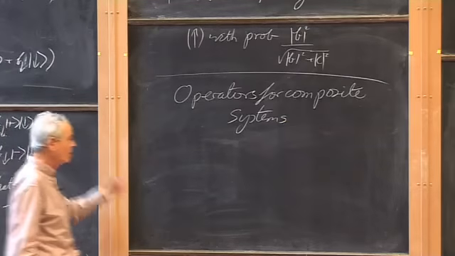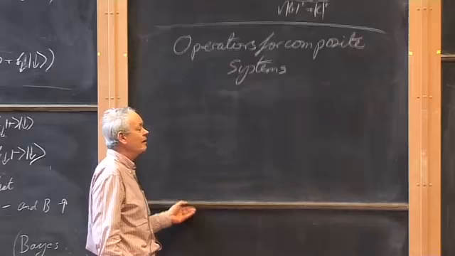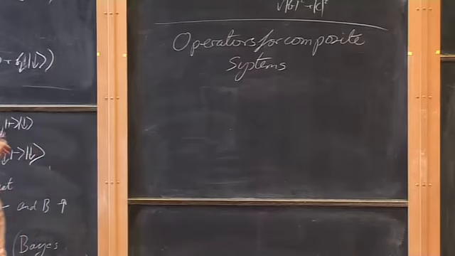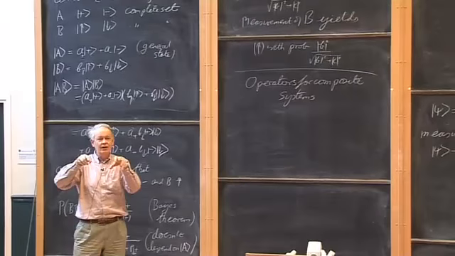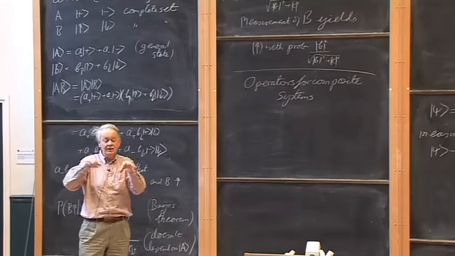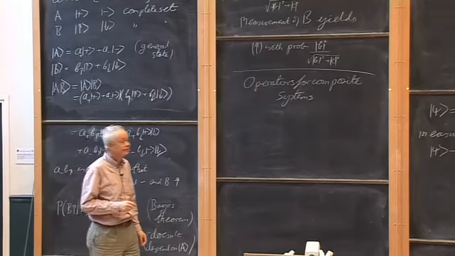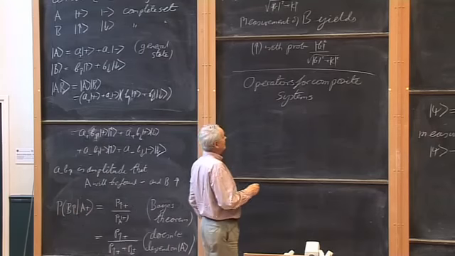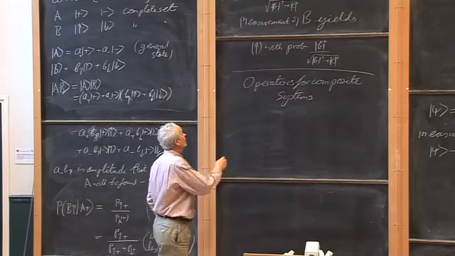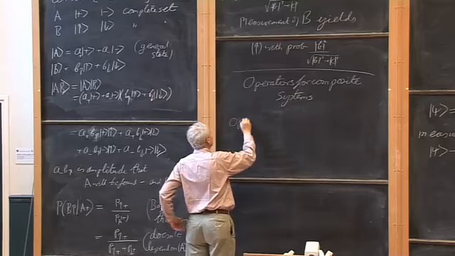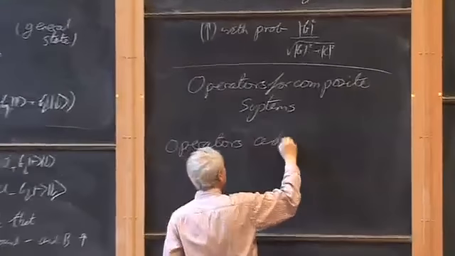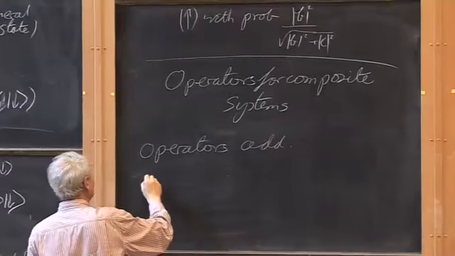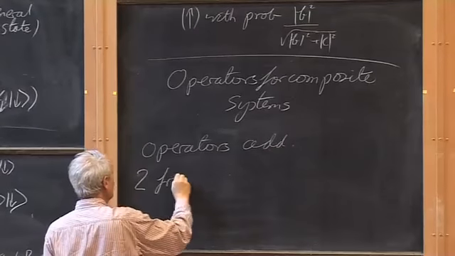With every measurable quantity, there's going to be an operator, and we need to know how this behaves. So we found that the kets of the subsystems were multiplied. This rule was inherited from the multiplication of probabilities of successive events. The operators add. So for example, if we have 2 free particles,